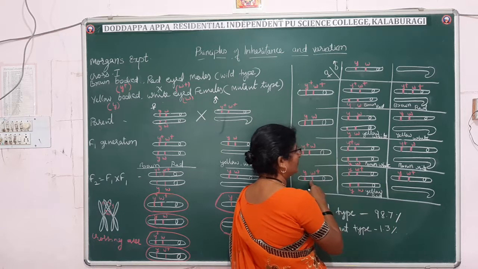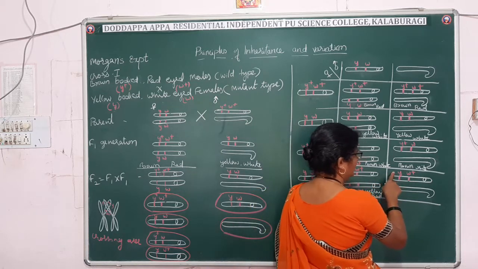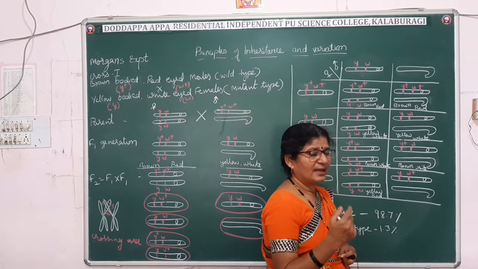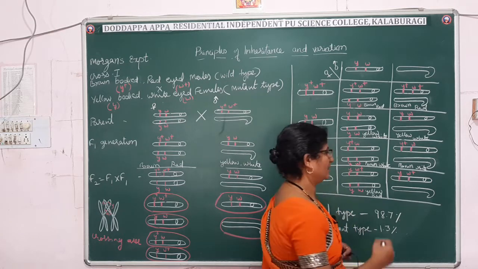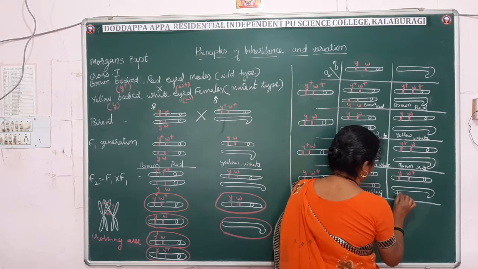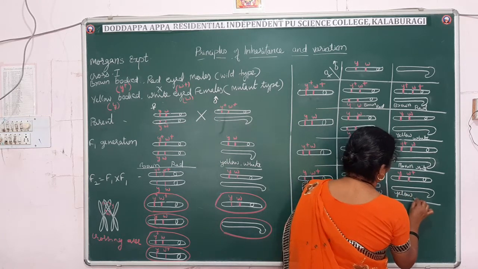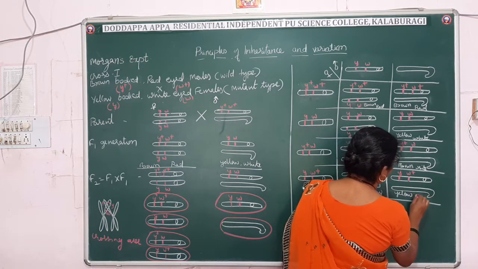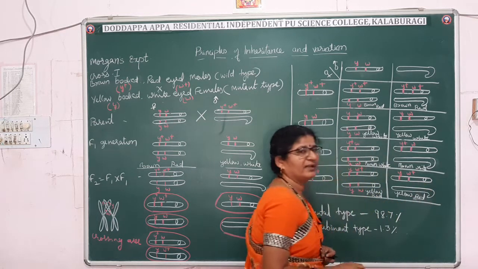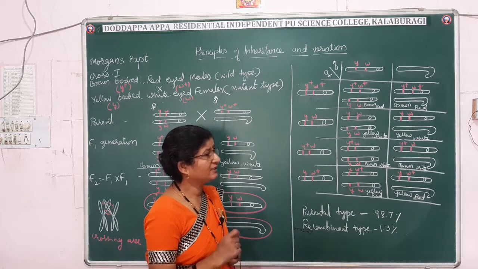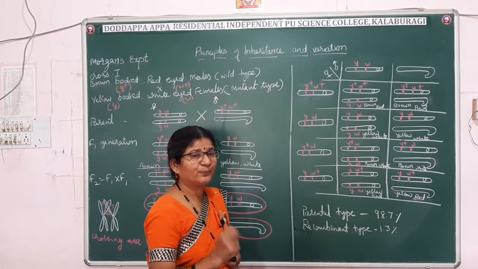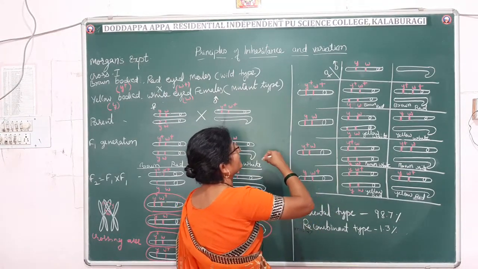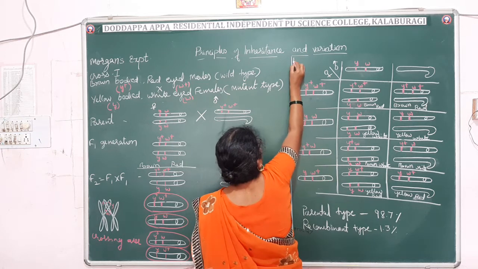Same here, Y is mutant, that is the body color gene is mutant one, and eye color controlling gene is wild. Thus yellow body, red eyes, the eye color will be red. Fine. So when you analyze the phenotype of F2 progenies, what are all these? These are all F2 generation.